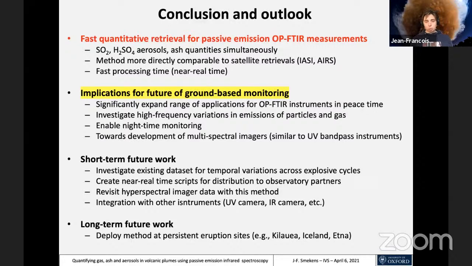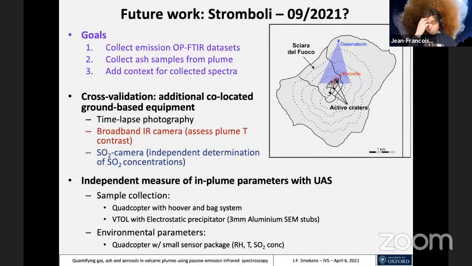In terms of long-term future work, I would really like to deploy these methods at other eruption sites other than Stromboli. So Kilauea, Iceland, and Etna are three great targets for future work if and when international travel becomes a little bit easier. So I'll just leave you with our plan for the future work of Stromboli, but what we're trying to do is